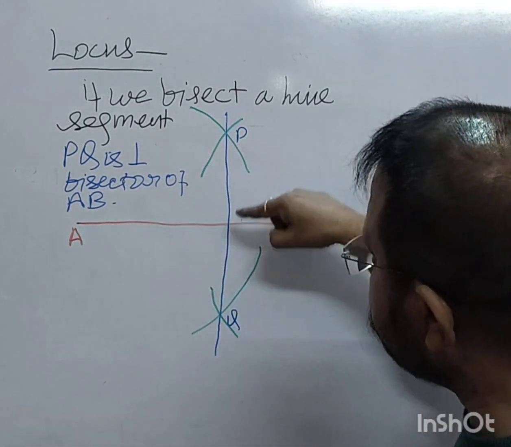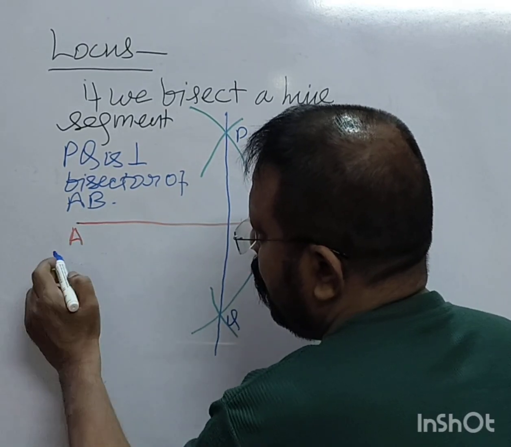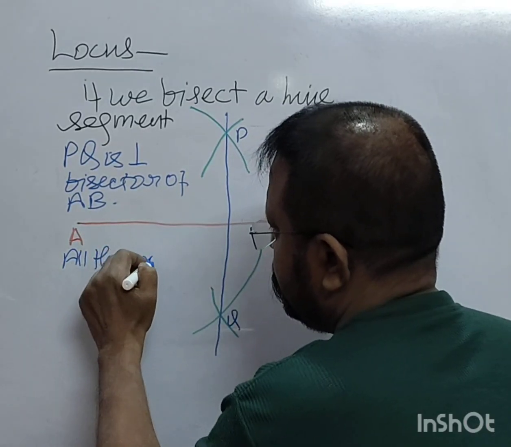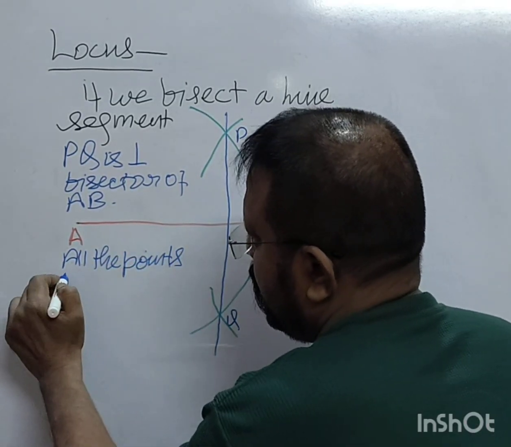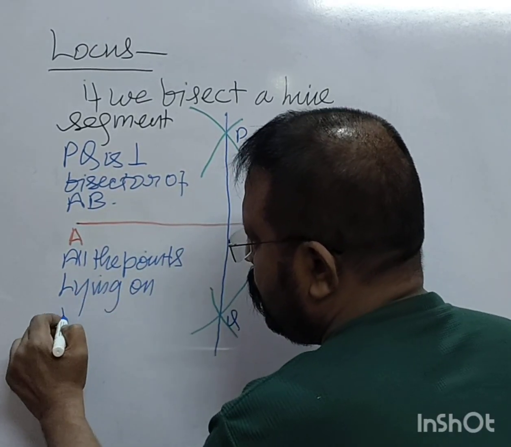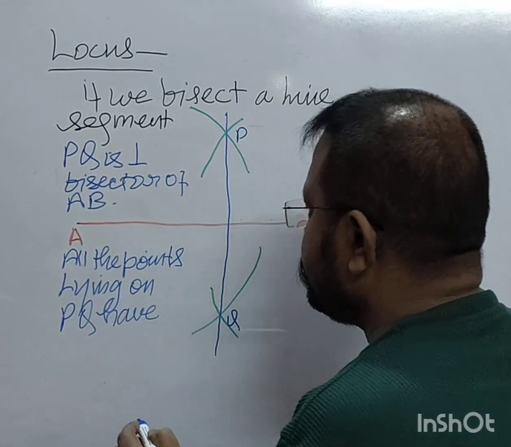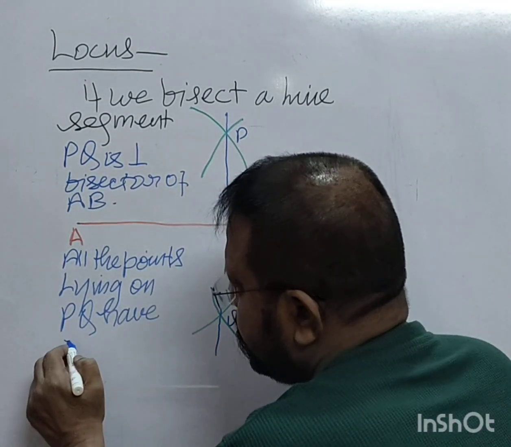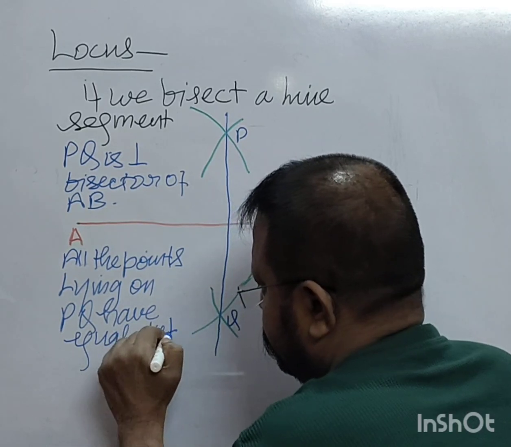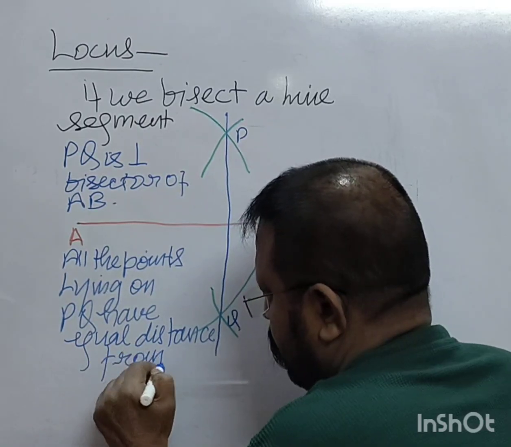PQ is the perpendicular bisector of AB, and all the points lying on PQ have equal distance from point